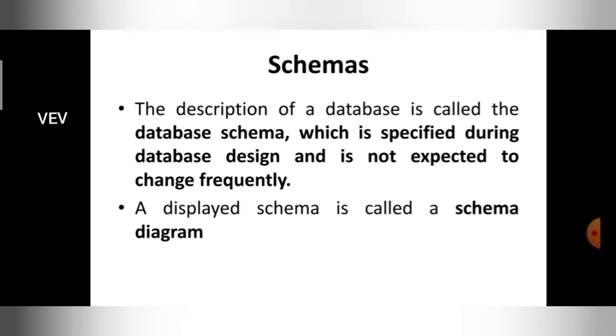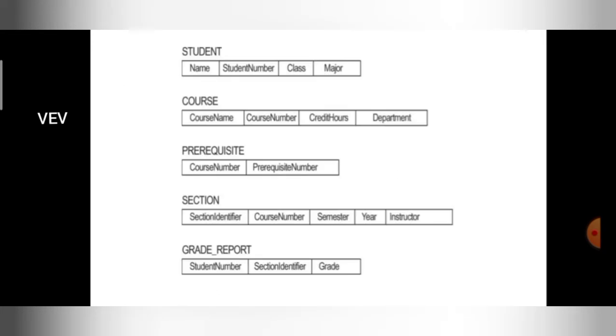Getting, guys? So schema is what? The description of a database. Description means it is going to tell the details of what type of data you are going to store in the database. For example, in a university database, it tells you that you are going to store student data, course data, grade data. That is the schema. If you convert this description from text into a diagrammatic format, then I can call it a schema diagram.